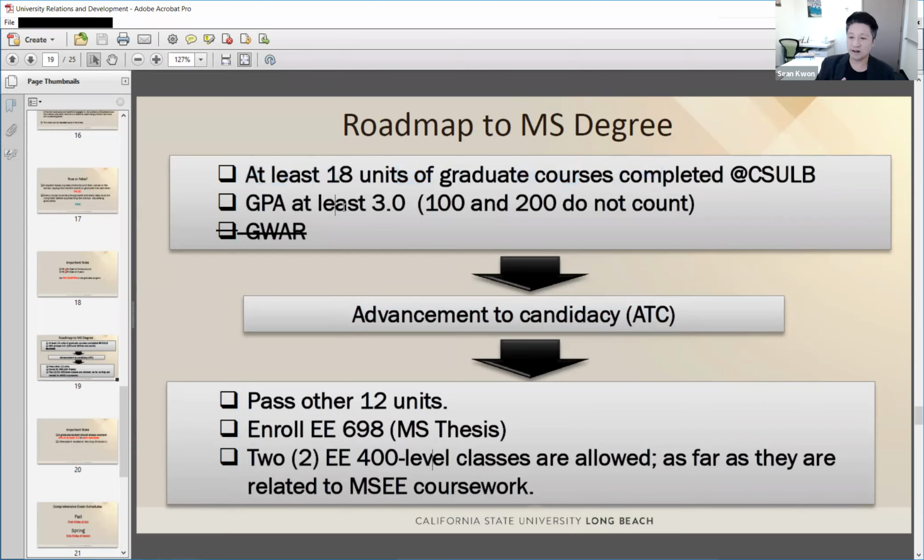If you take 3 classes in one semester and another 3 classes in the next semester, you will complete 6 classes, equivalently 18 units. Right after that, I encourage you to contact the EE department office to submit the ATC, advancement to candidacy form, such that you can move forward with that milestone. Any questions so far?